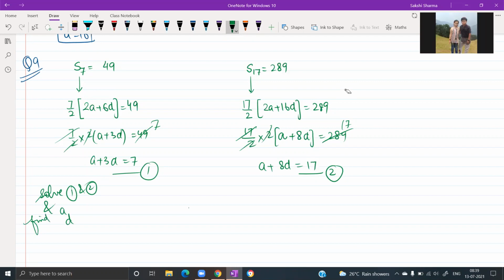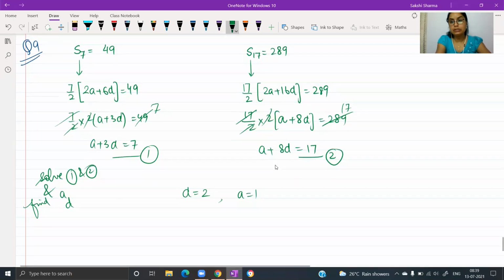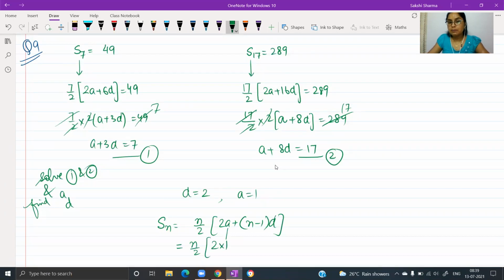D equals to 2 and A equals to 1. D equals to 2, A equals to 1. Those who have done, please. Yes, ma'am. All right. Now we have to give the general formula for sum of n terms. So the default formula we have for Sn is n by 2 into 2a plus n minus 1 d. We don't have n, keep that in mind. So we will keep n as such. We can use the values for the first term and the common difference. On the right hand side put the value in place of a and the value in place of d, and simplify this expression.